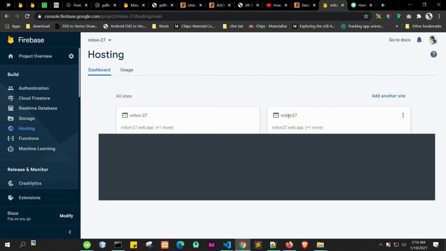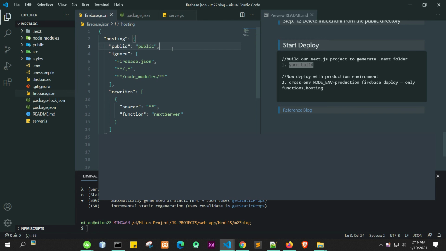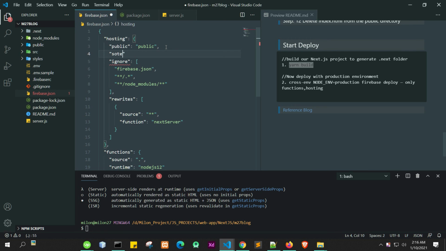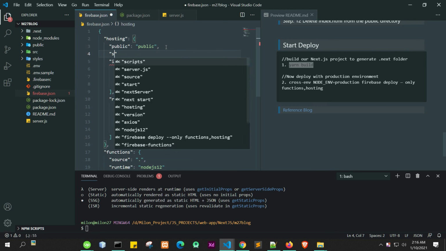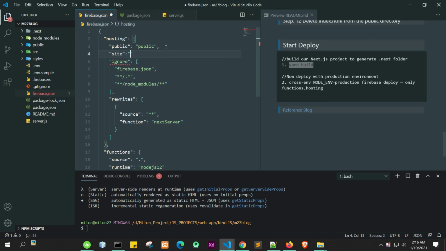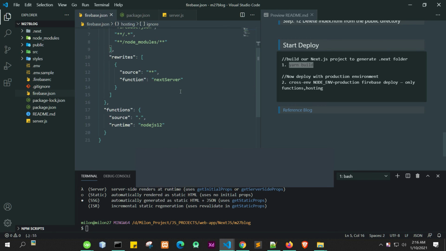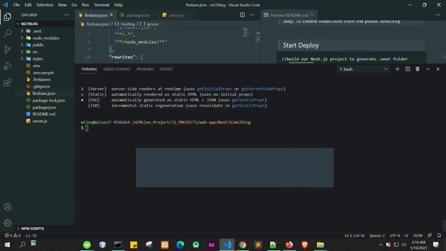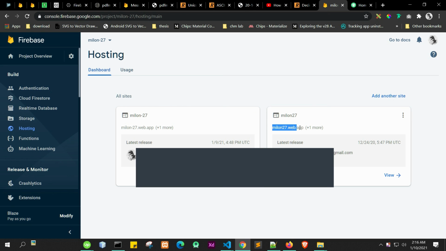So we'll choose this as the site name. We will go there, and inside the firebase.json file we'll write site: the site name. Okay, so that's it. Now if we deploy the project, it will be deployed on this URL.